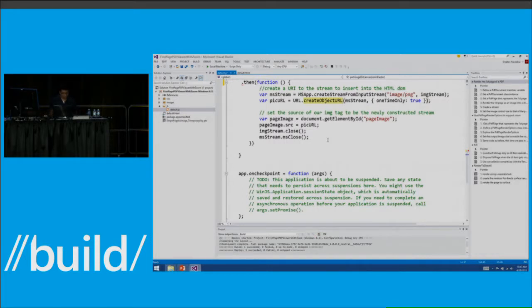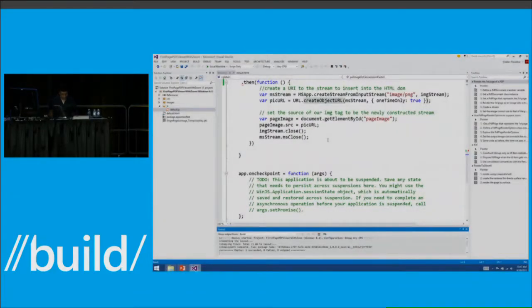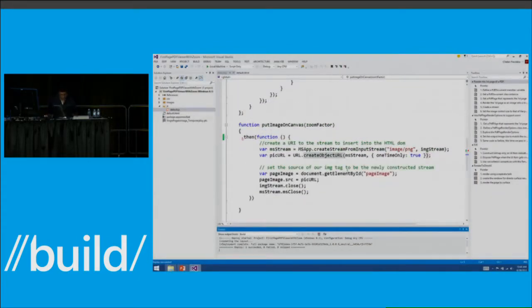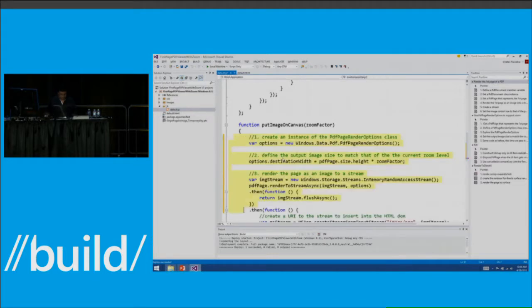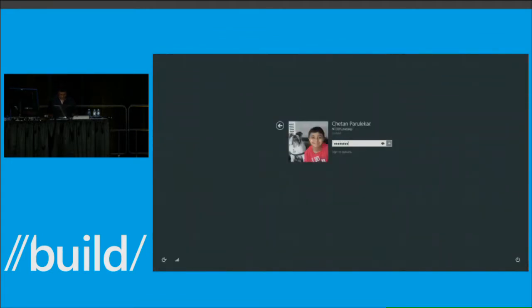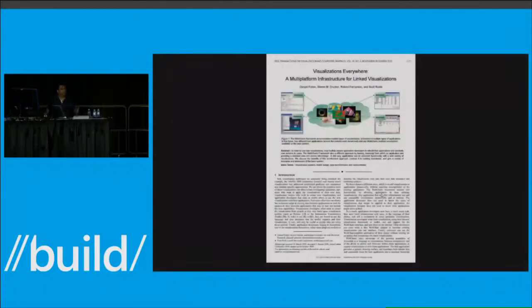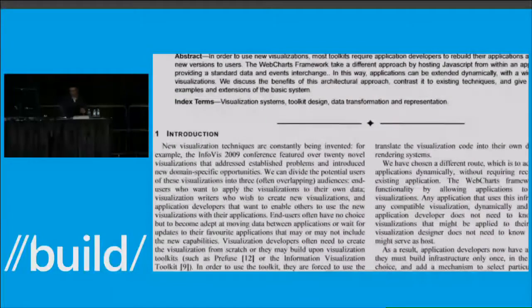So let me just compile and run this application. I think my computer is acting up a bit. Okay, there you go. And let me zoom in, and it re-renders crisply.